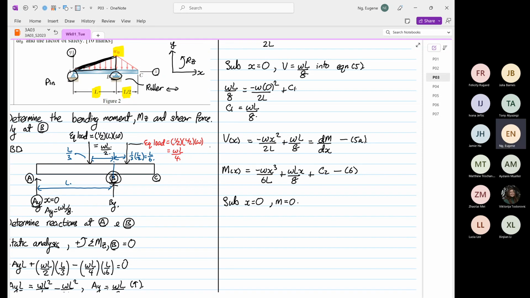Some of you might ask, why is dV over dx equal to minus omega of x? That is a standard formula that I'm using, a formula that you will learn from 2P, and you can find this in your textbook. Lee, does that answer your question? I mean, I can derive it, but